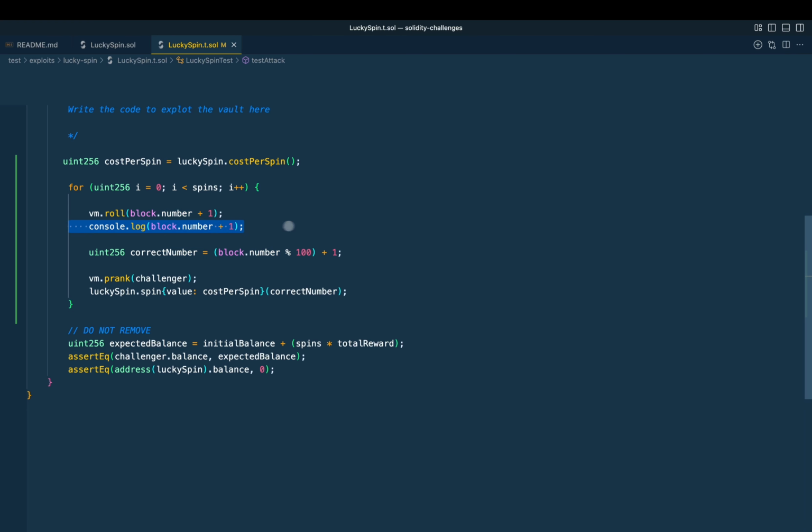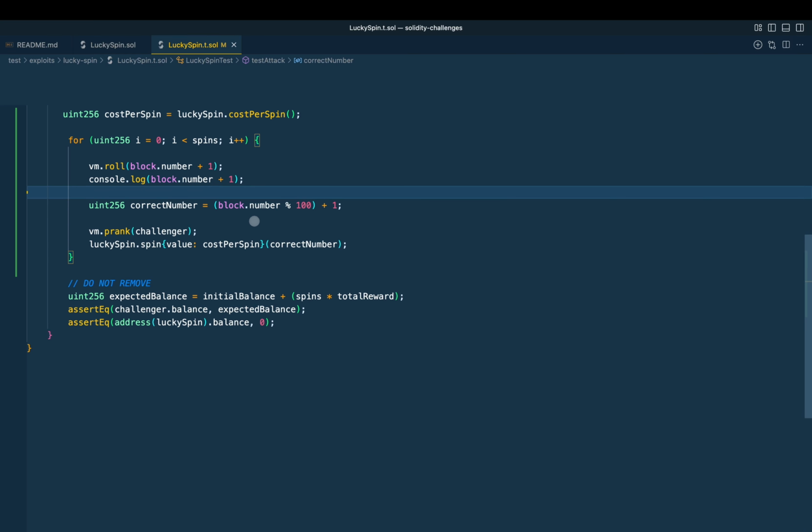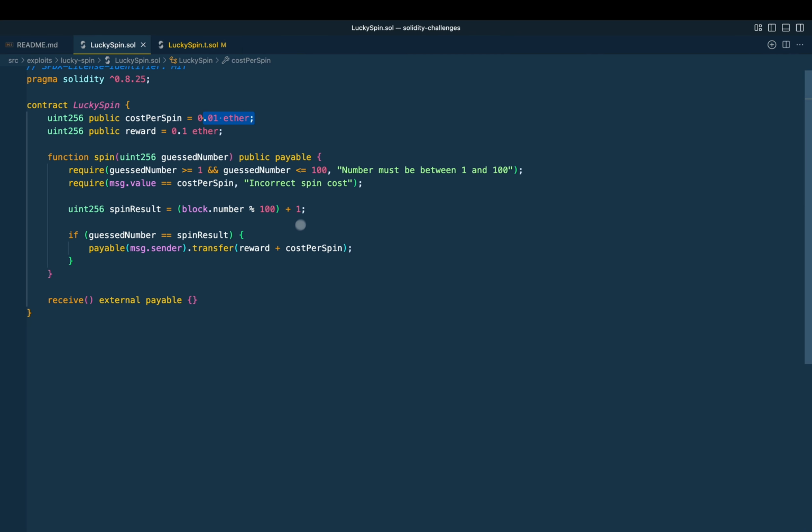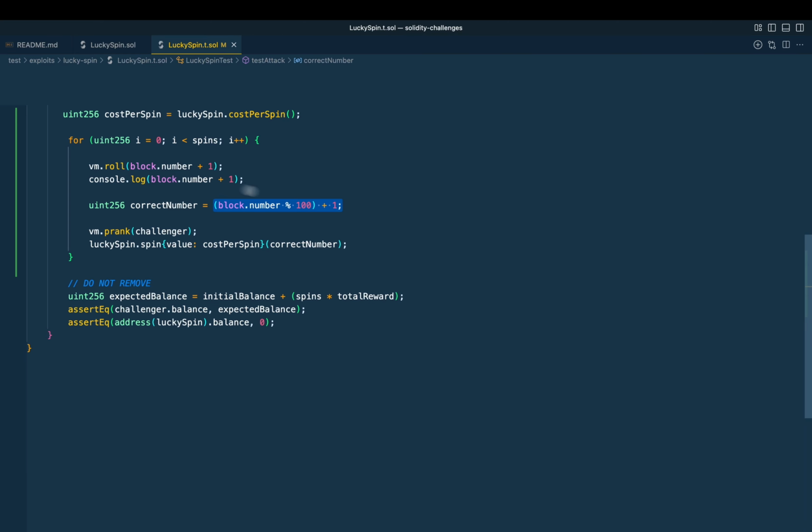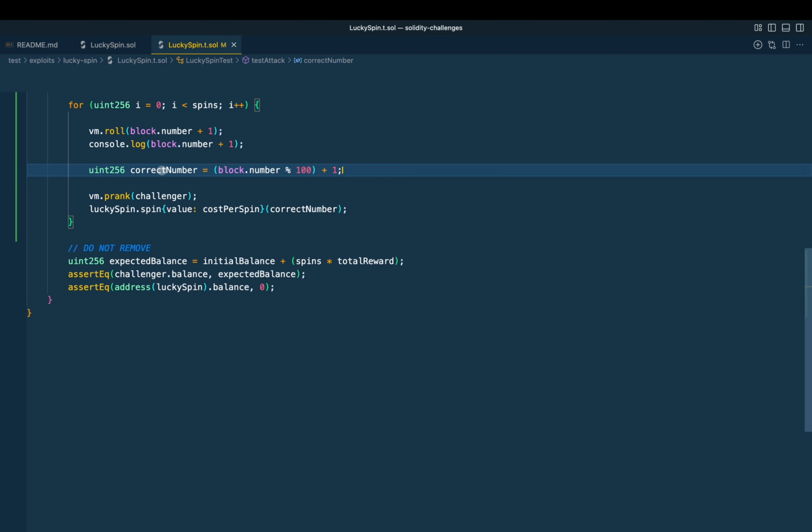You'll see that when we run it, just so you can see the block number iteration count. And now the correct number, this is our guess. Again, remember that we have the ability to just copy what they're using and then manipulate it for our sake. So I didn't have to do anything. I literally just copied it over, passed my block number in, and then I applied that as the correct number